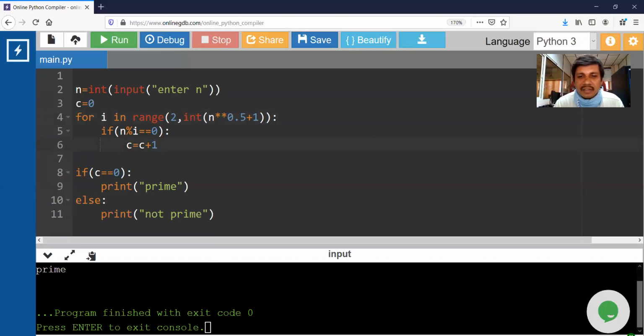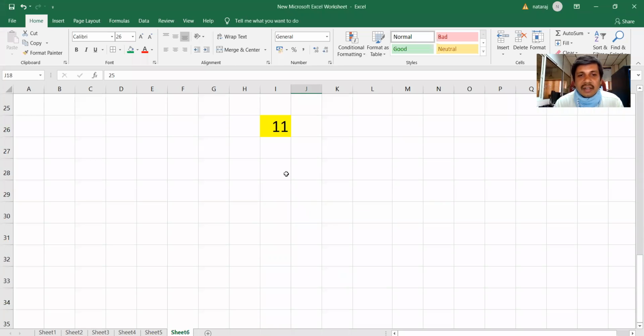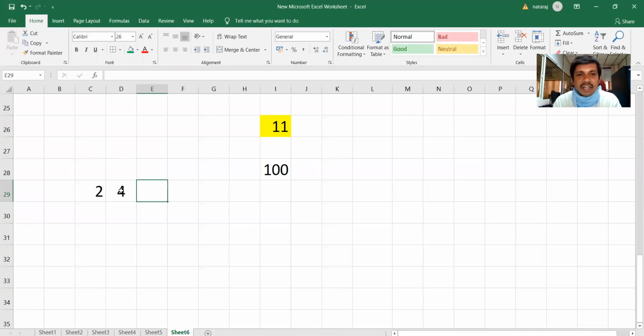See this example, back to the example again. I can still optimize that code. What I'll do is, let me take an example, 100, and identify all the factors of 100. 1, no need of 1 because I'm starting from 2, right? 2, 3, no, 4 is a factor, 5 is a factor, 6 is not a factor, 7, 8, 9, 10 is a factor, 11 to 19, 20 is a factor, 21, 22, 23, 24, 25 is a factor. After 25, there is no factor for 100.